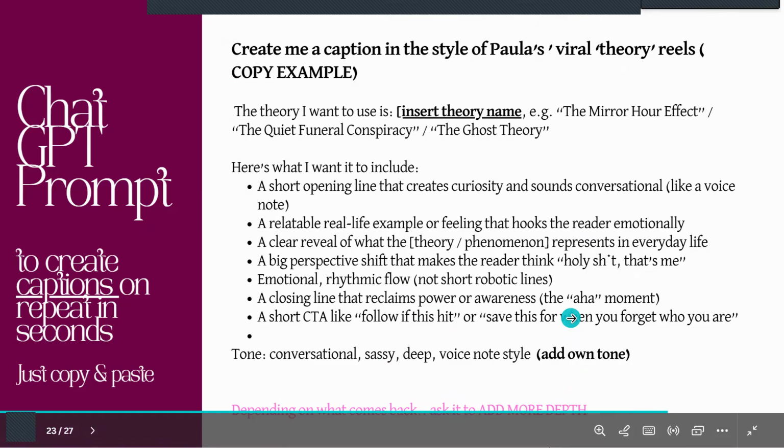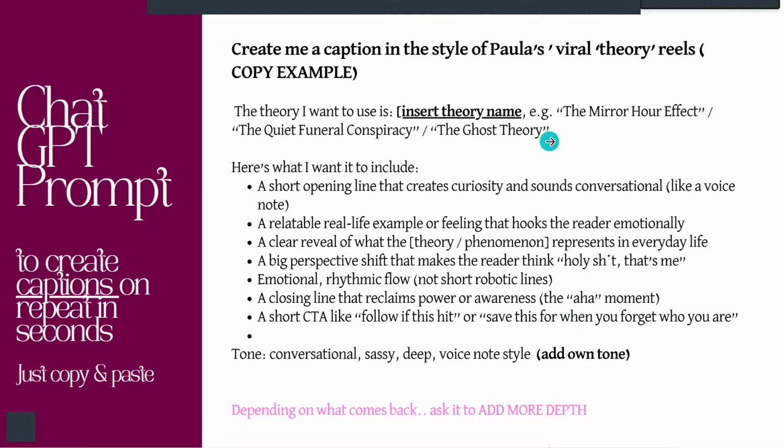But now I don't even put the prompt in. I just put in one of my old captions and say, follow this caption. I want you to create one for this. Okay. So that takes about 5 minutes.